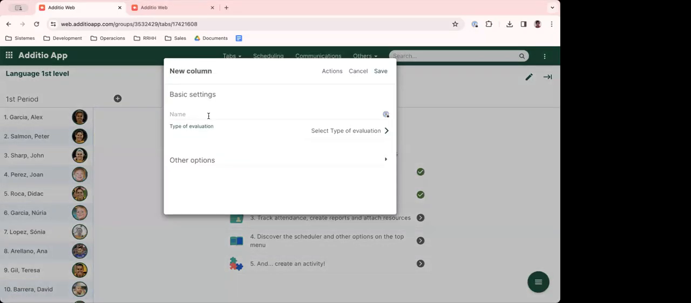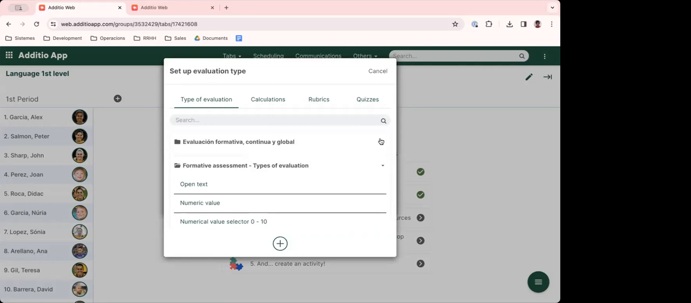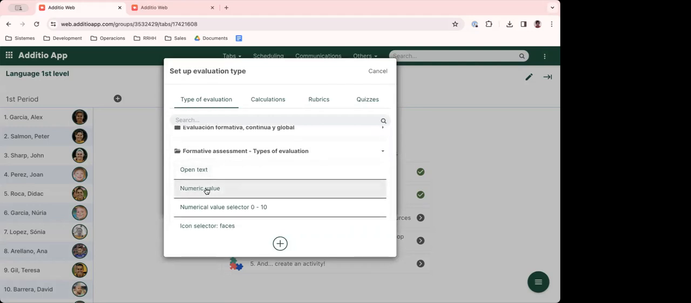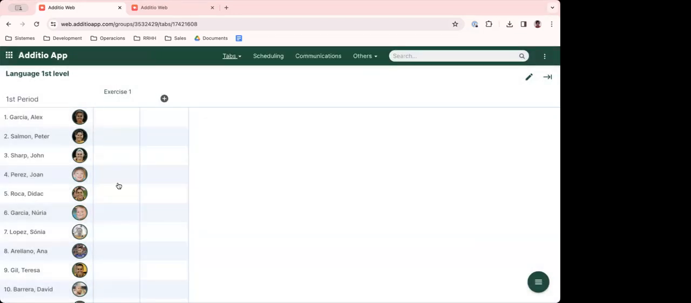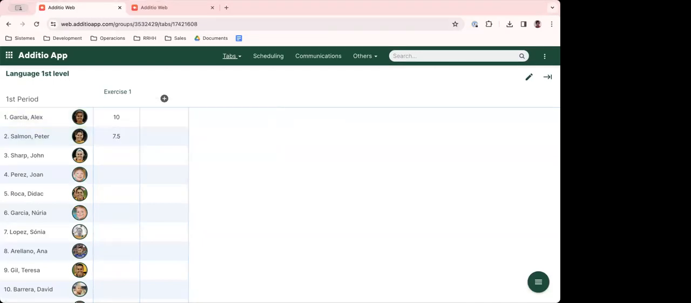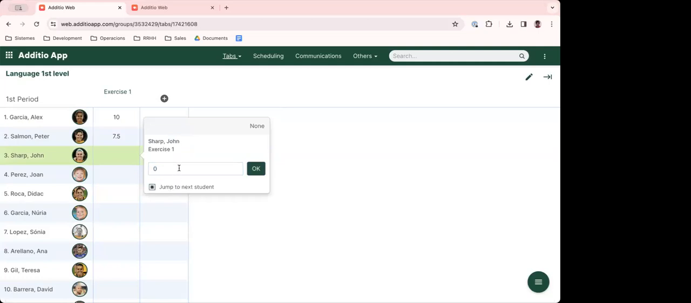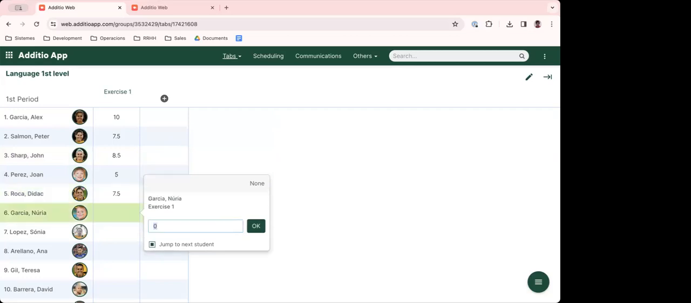But let's create our first activity. I could come here and imagine that we have done exercise 1. And here I always put a name, and I just have to select a grading system. Okay, so here, for example, I will use numeric value in my case. And okay, I don't want a default value, and I just click save, and I have the exercise, and I could start grading the exercise, like, okay, a 10, 7.5. Okay, I want to jump directly to the next student, 8.5, 5, 7.5, 9,